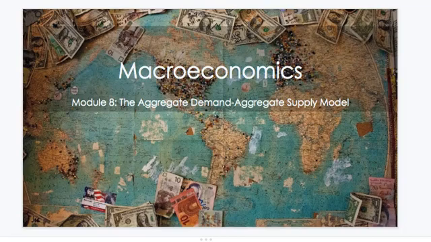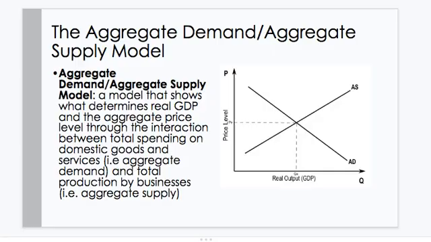Module 8, the Aggregate Demand and Aggregate Supply Model. Aggregate Demand, Aggregate Supply Model, a model that shows what determines real GDP and the aggregate price level through the